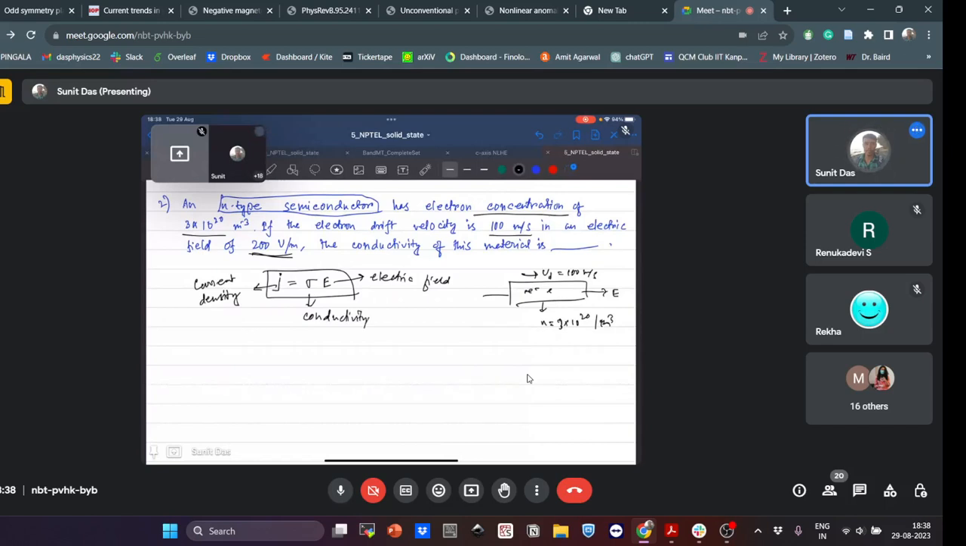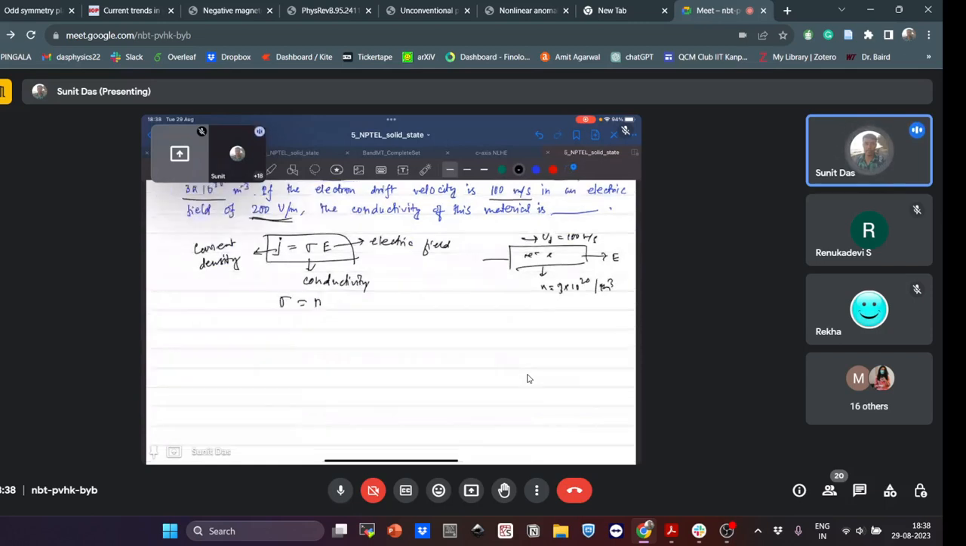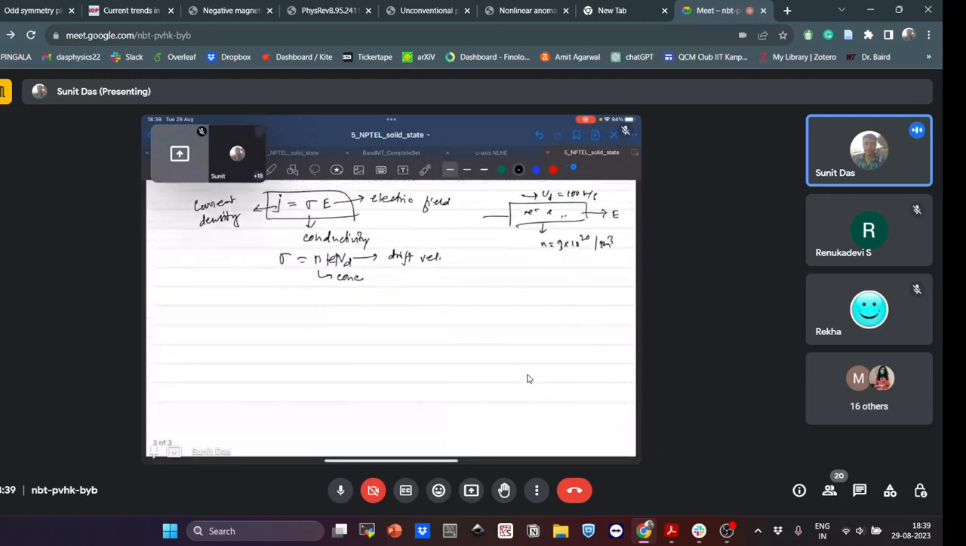And this conductivity is given by N e Vd. So N is the electron concentration in that material, e is the electronic charge, mod value of that basically, and Vd is the drift velocity. Okay, so everything we know, then we can find sigma equal to